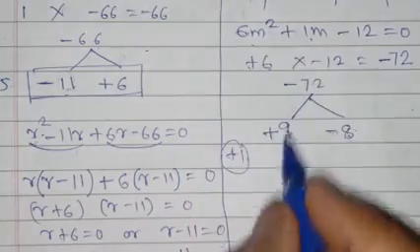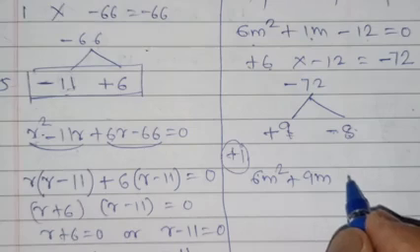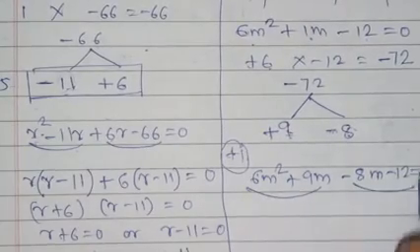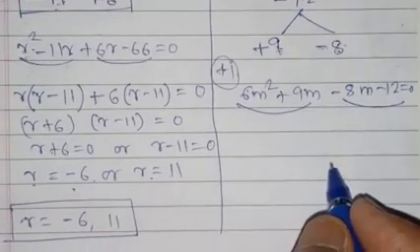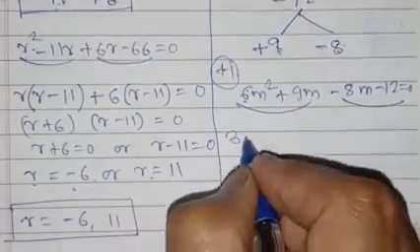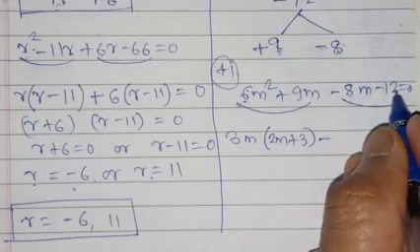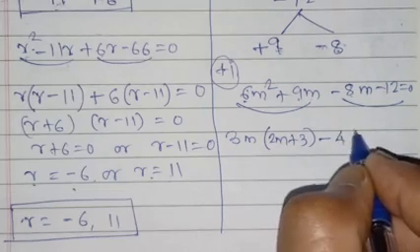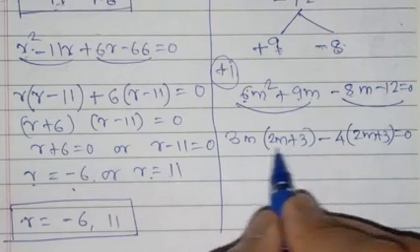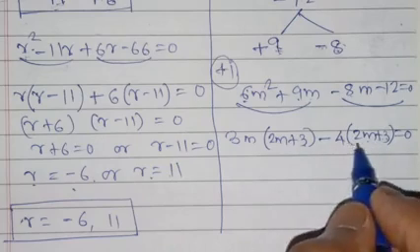So write the quadratic equation 6m square plus 9m minus 8m minus 12 equal to 0. आता हे फॅक्टर्स पाडून घ्या. अंडरस्टँड? सो फॅक्टर्स पाडल्यानंतर तुम्हाला कळेल काय आहे ते. सो 6 and 9 मध्ये फॅक्टर्स आहेत 3, m स्क्वेअर m मध्ये m हा फॅक्टर आहे, इथे 2m प्लस 3, मायनस 8 आणि 12 मध्ये 4 हा फॅक्टर आहे, m मध्ये कोणी नाही आहे, सो 4 into 2m plus 3 equal to 0. एक लक्षात आलं पाहिजे, ह्या ब्रॅकेटमध्ये 2m plus 3 आहे तर ह्या ब्रॅकेटमध्ये पण 2m plus 3 आला पाहिजे. नॉट बाय हुक अँड क्रूक बट बाय ॲक्च्युअल मॅथमॅटिकल कॉन्सेप्ट्स.